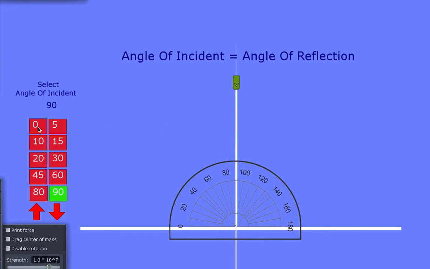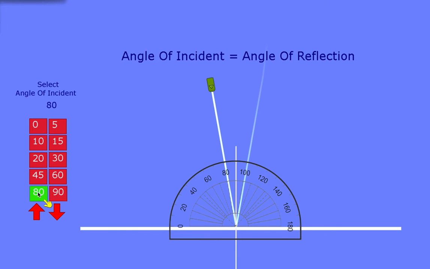We can actually see what happens when we change the angle. If it came in at 10 degrees, let's see if I can get 10 degrees to pop up. There we go. It says 80, but it's actually 10 degrees. So it comes in an angle of incidence at 10 degrees. The angle from normal to the angle of incidence is 10 degrees, and the angle of reflection is 10 degrees